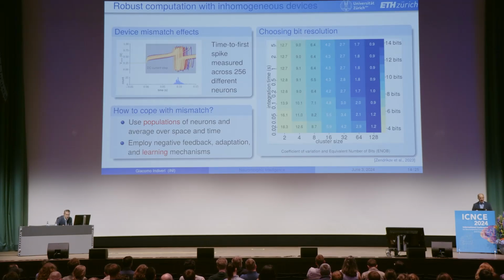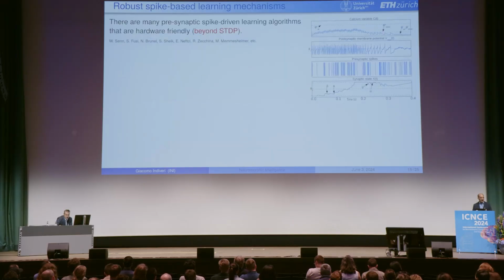And of course, the other trick that biology uses is not only averaging, but by the way, in cortex, biology also uses populations of neurons to represent signals. But the other trick is to use learning. So learning is something that you all are aware of. Probably everyone in the room knows about spike timing dependent plasticity, or STDP. This is a very popular and very handy learning rule that looks at the timing of the spikes and changes the weight depending on the difference between the arrival of the presynaptic and the postsynaptic spikes.